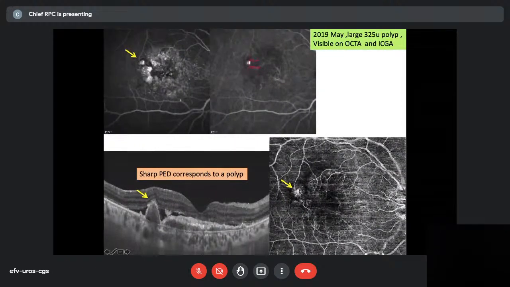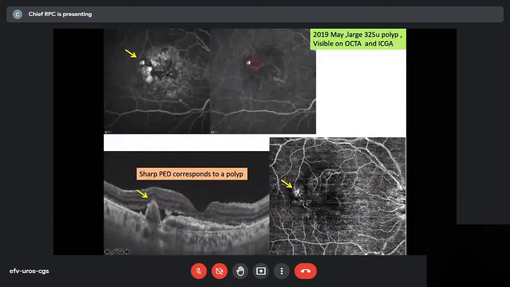See the polyp: though it's a low flow lesion, in the presence of a high flow, it still shows. Like I said, everything fast flowing does show up on OCTA, but here the polyp was probably so large it had some circulation of fluid inside. Rarely do you pick up polyps on OCTA. If you want to pick up a polyp, you will have to go to ICG. If you want to pick up normal vessels, OCTA is fine. But if you want to pick up a polyp, it's better to do an ICG.